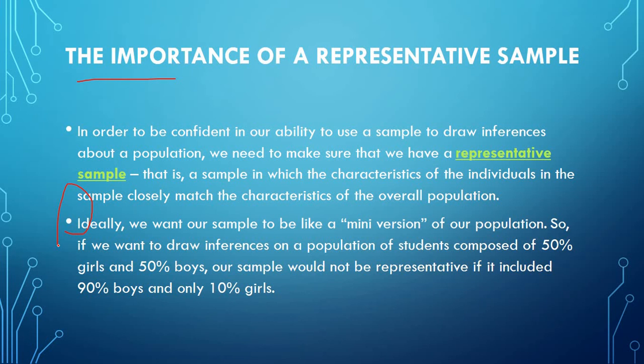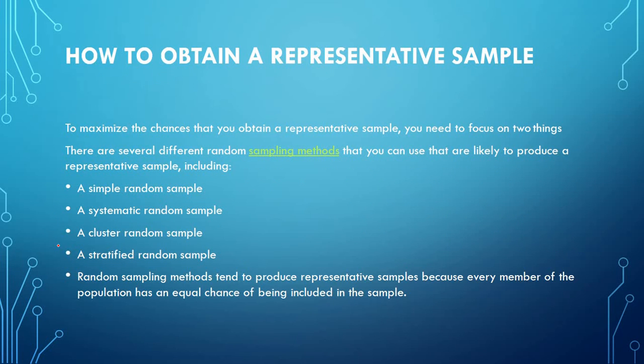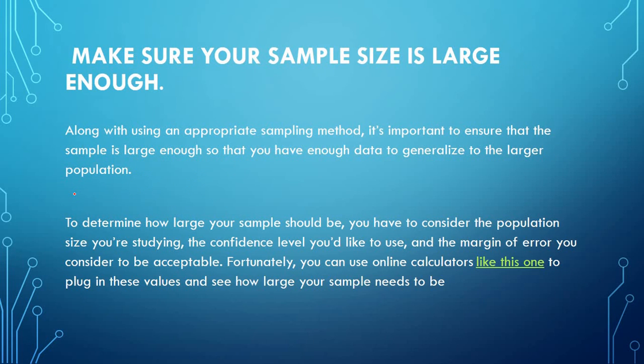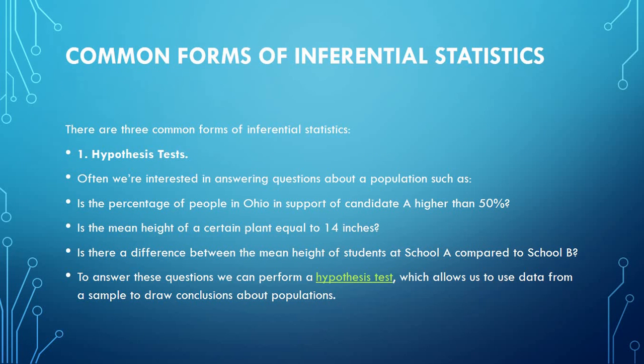What is the importance of sampling? There are different methods available in the literature for doing sampling: simple random sampling, systematic random, cluster, stratified, based on our researcher's motive. Sample size should be large. When sample size increases, our data should be that much more efficient. There are mainly three parts included in statistical inference.